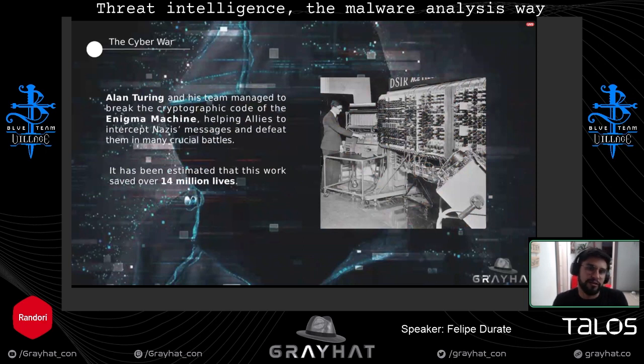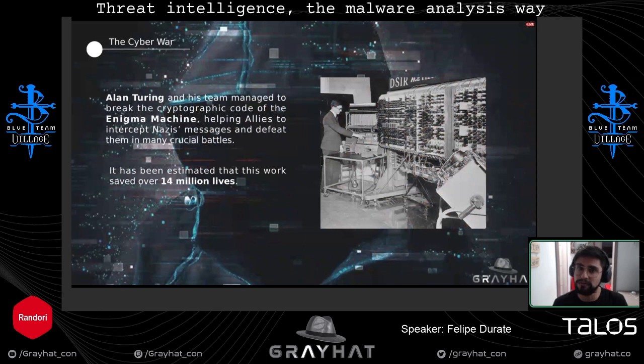They didn't have any guns, but they did something that saved a lot of lives. Around 14 million human lives were saved because they managed to crack the code, and with that, they managed to get information about the attacks the Nazis were trying to execute beforehand.